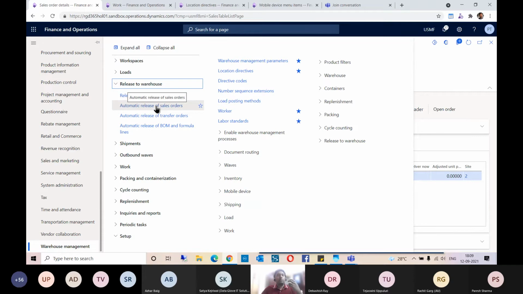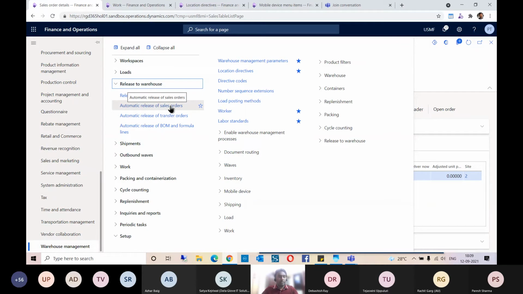It has a records to include option as well, like what kind of orders you want to pick. Let's say you want to only pick open orders where the reservation is. I mean, it also does the reservation job here. So this is a kind of functionality which Microsoft has introduced. You can set up this job and you can actually release the orders which are actually